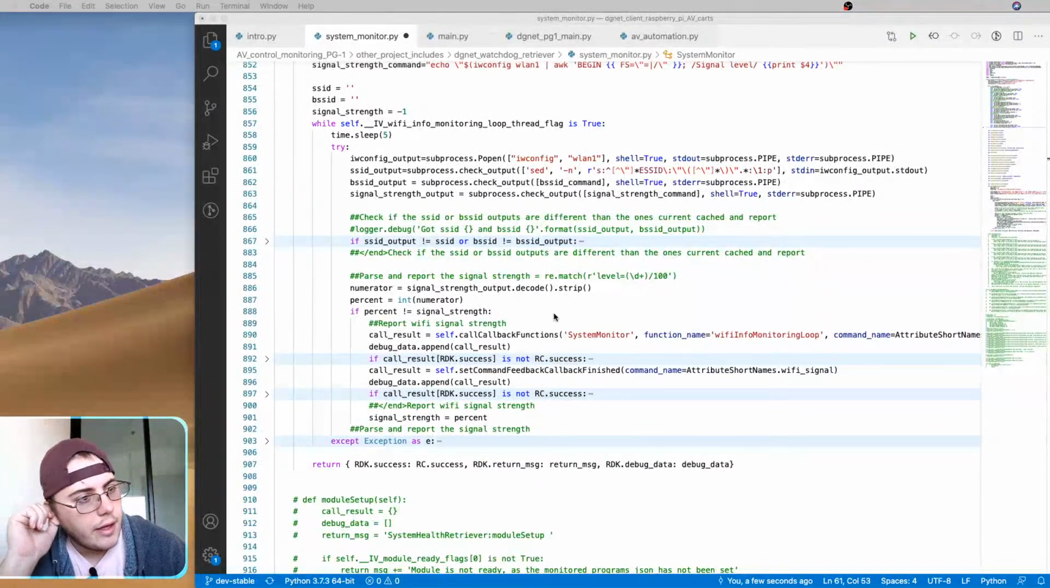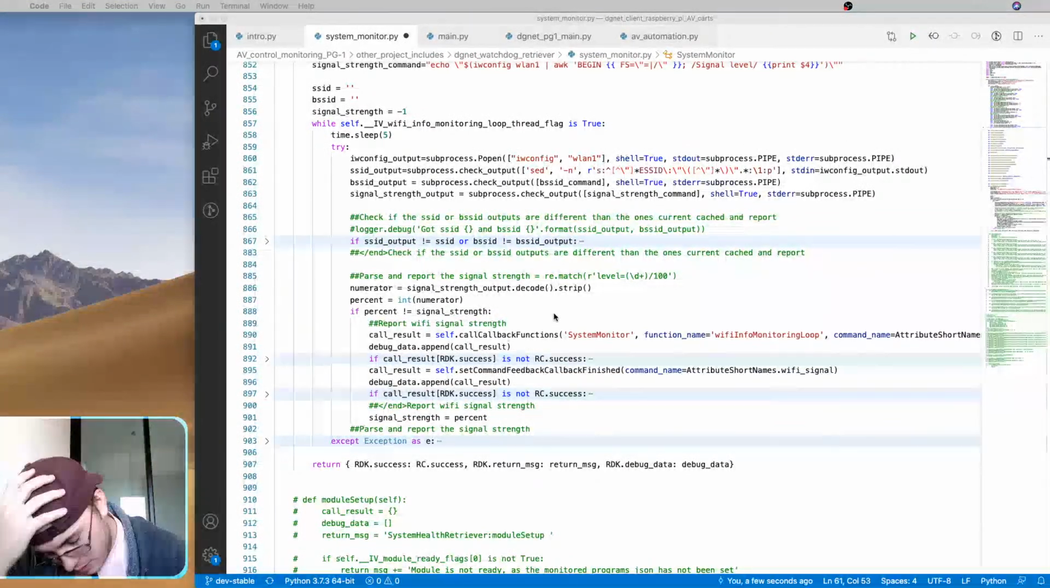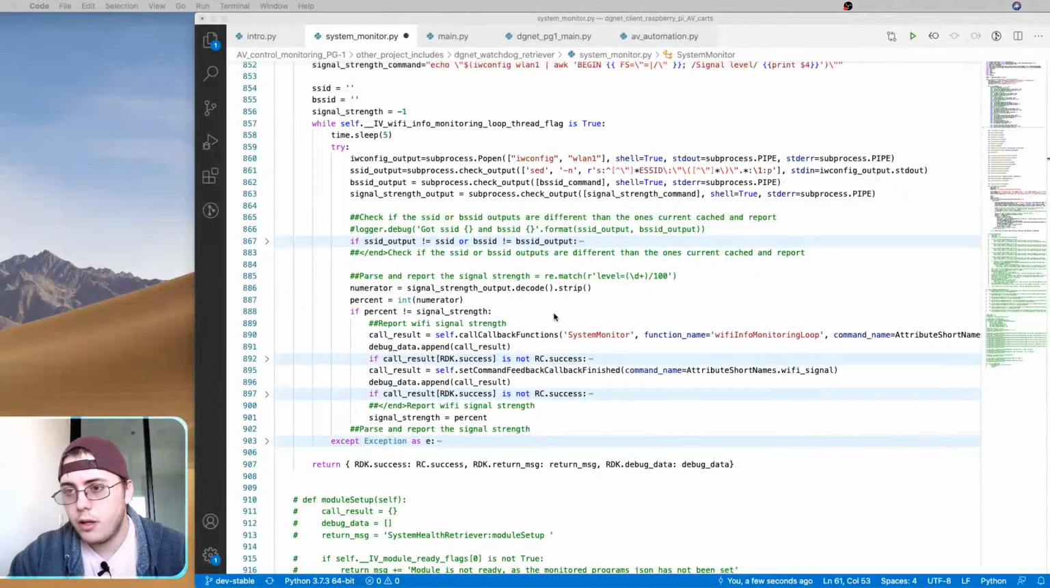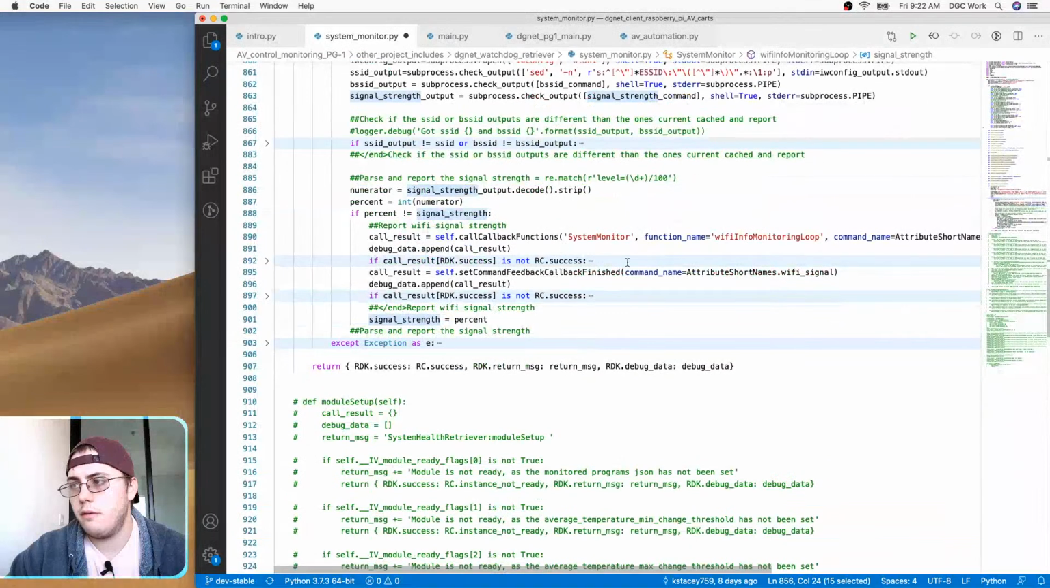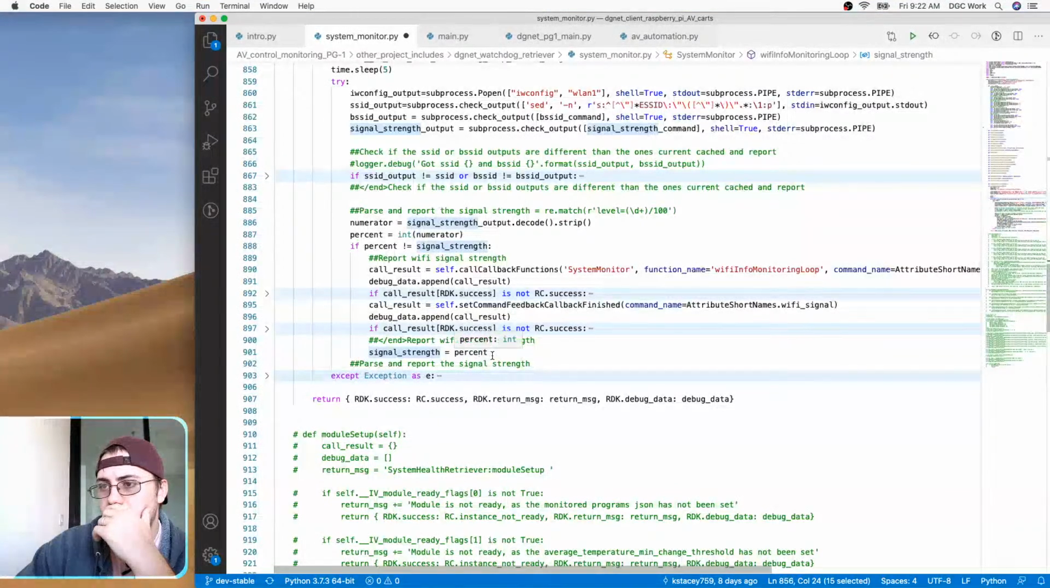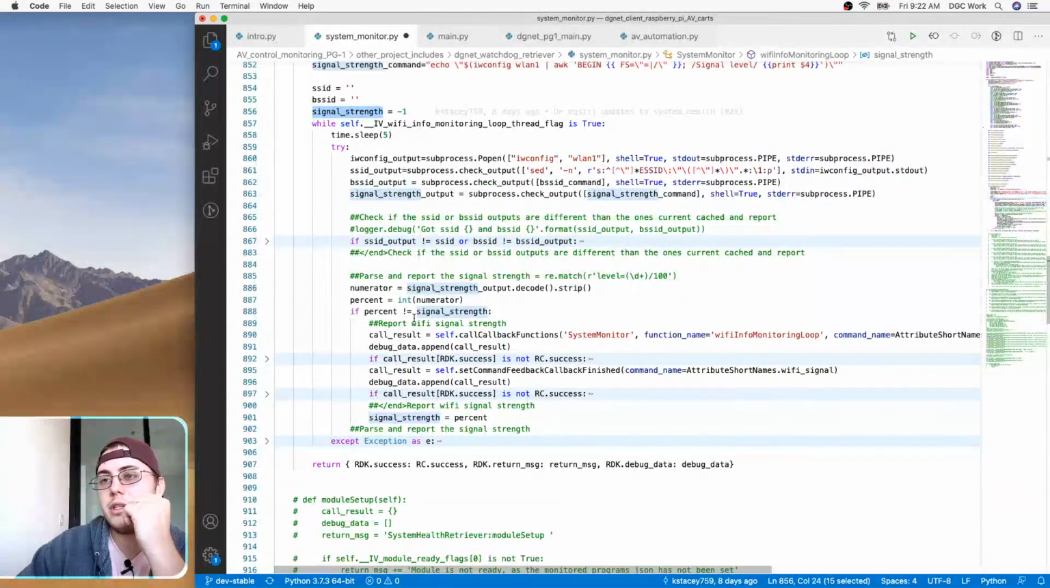All right, so we have that. We want to keep track of what the percent is now. So we're just going to say if percent is not equal to signal strength, is signal strength ever updated? Signal strength equals percent. Oh, I see. So at the end, they're setting signal strength equal to the percent. And if percent's not equal to signal strength, so if the percent changes,